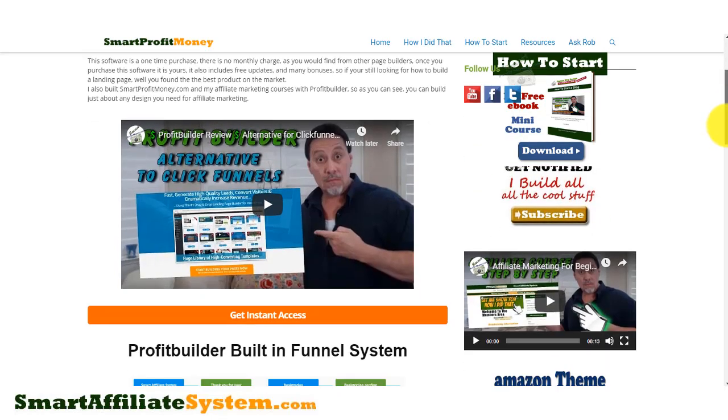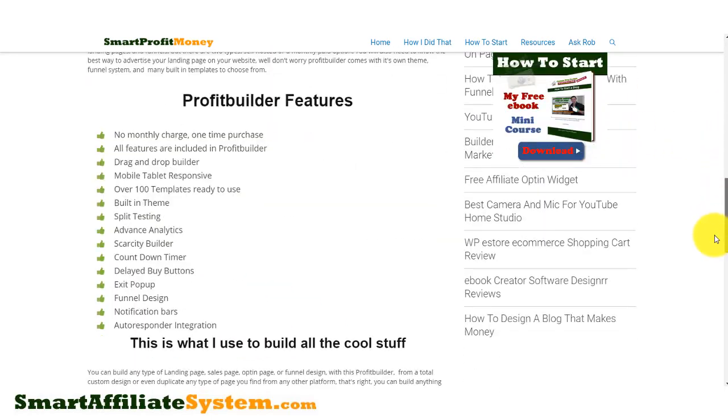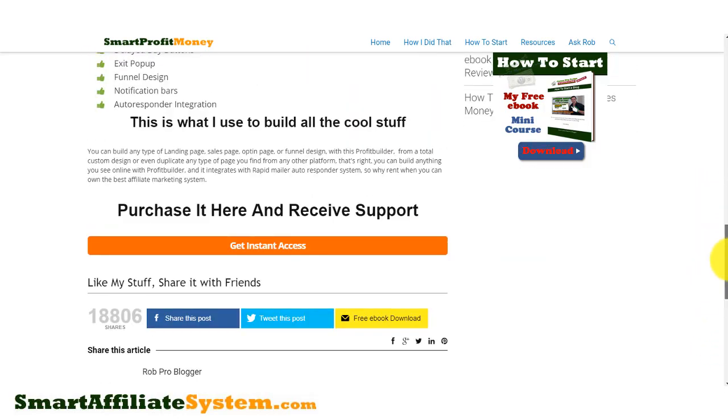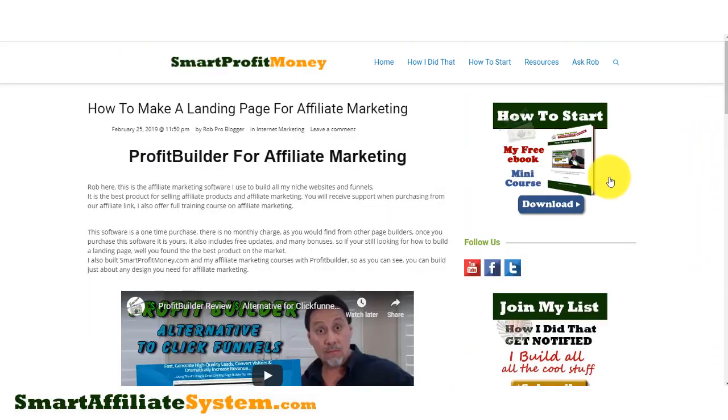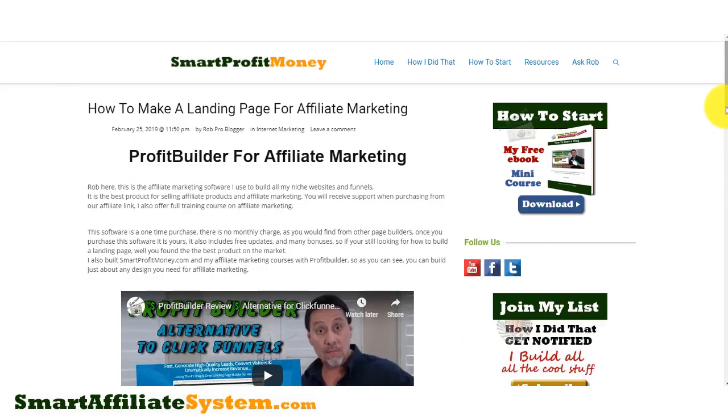Now, if you scroll down here, keep your eye on this widget here. You can see that it's floating and it's never going to go away. It doesn't matter what they do. They can go up and down in this page. That's going to help me get more opt-ins. Of course, the way you set yours up, it's up to you. That's just the way I do mine. I do all this custom tricked out stuff. I do a lot of testing. I know what works and what doesn't work. So that's how I end up on all this crazy,